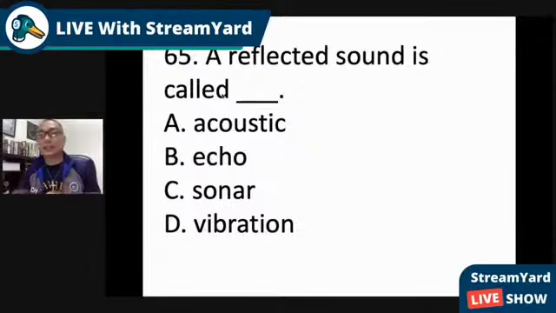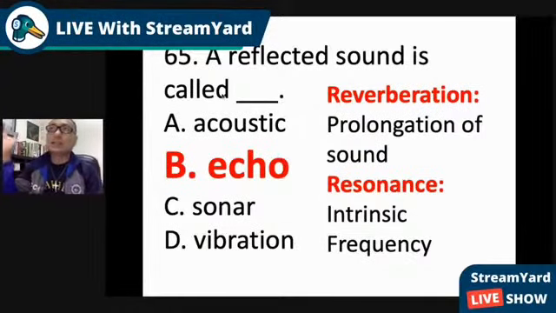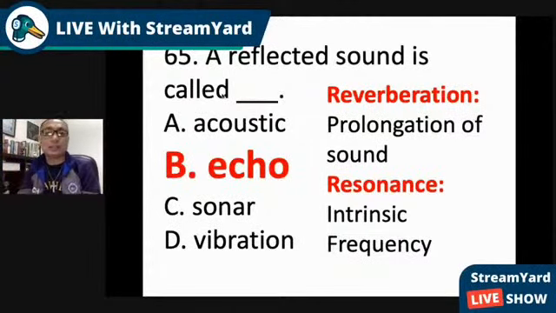Reflected sound, sinabi na natin to kanina. So review ko lang. Sana, correct yung answer na lahat. We learned from the previous question, reflected sound is echo, but also take note of the other two terms. Reverberation is the prolongation of sound. We don't like that when we are designing a theater. So the sound going back and forth is called reverberation. It takes time for the sound to dissipate, that's reverberation. We don't want that. That's why we place drapes and all the other things in order to minimize the echo, the prolongation of sound.